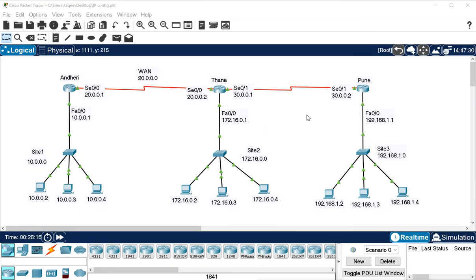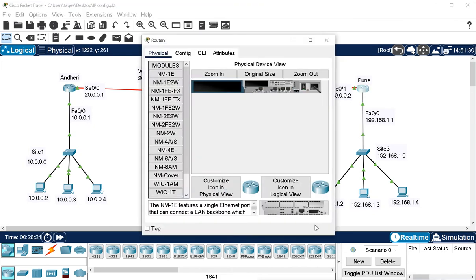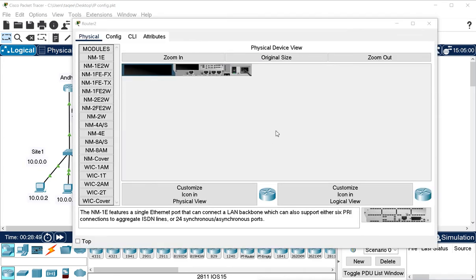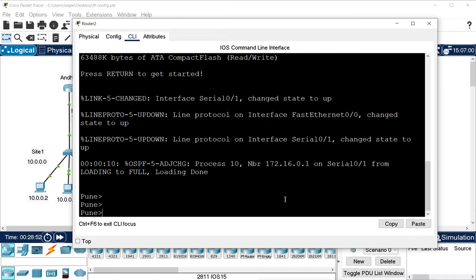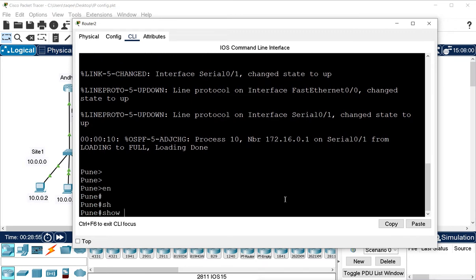Right now this router's router ID is this because it is the maximum one. Now I will go to this router and create a virtual interface on it, and I will make the IP address less than the other interfaces. Let's say show